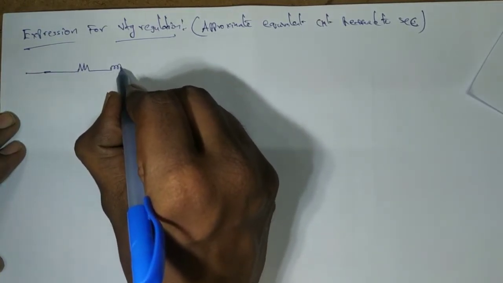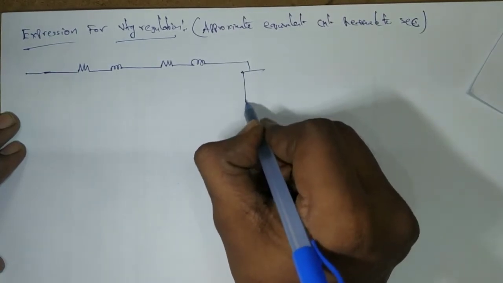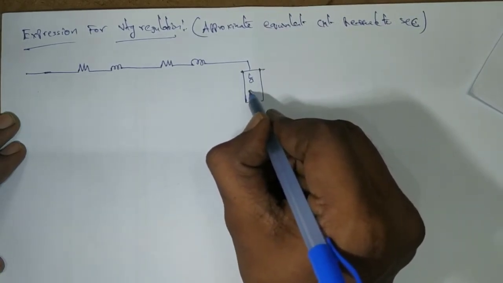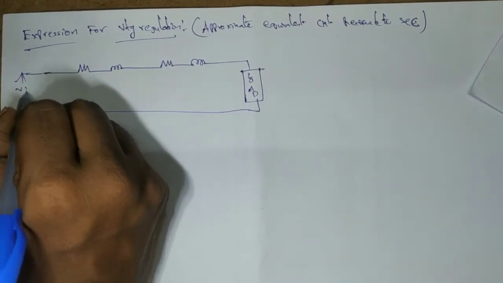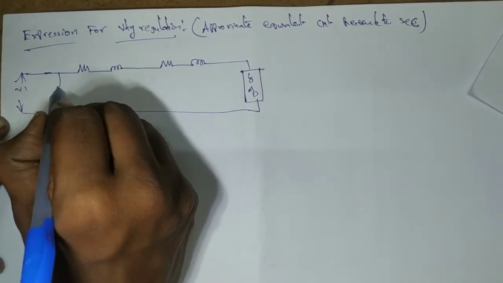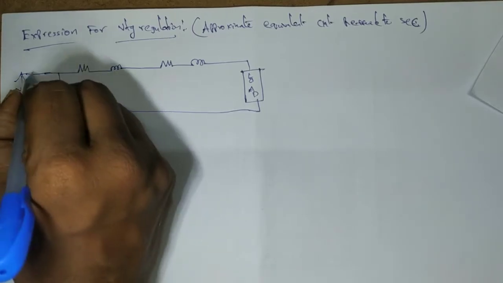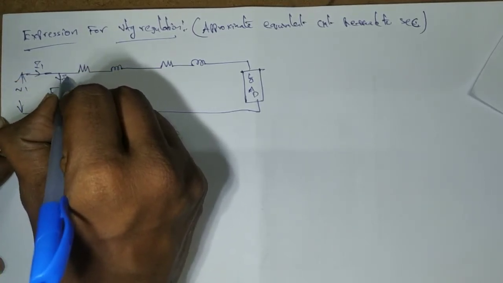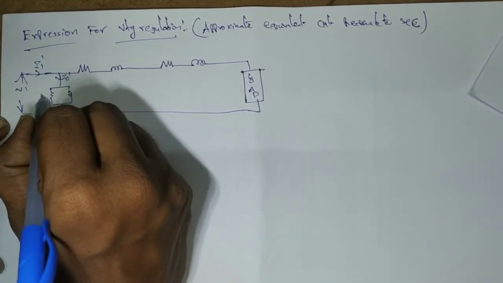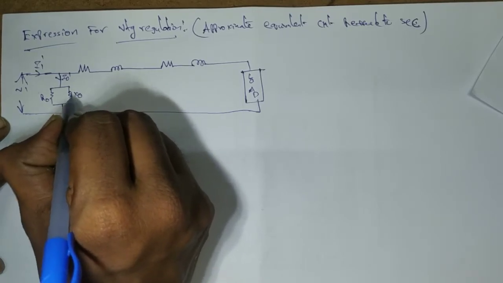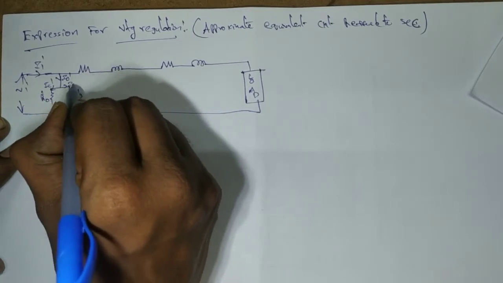So instead of I0 dash being in between R1 dash and R2, this I0 dash is shifted to the left side, so that R1 dash and R2, X1 dash and X2 will be neighboring. So I0 dash is shifted to the left hand side. This diagram is known as the approximate equivalent circuit referred to secondary. The remaining is as it is referred to secondary, except I0 dash is shifted to the left hand side. So we are mentioning this circuit as the approximate equivalent circuit referred to secondary.